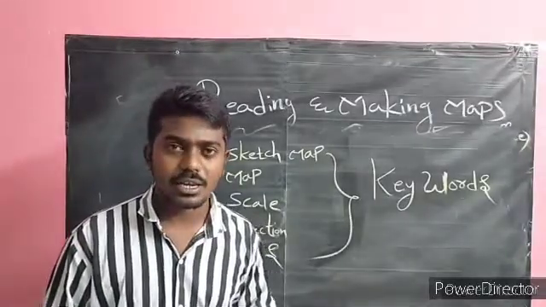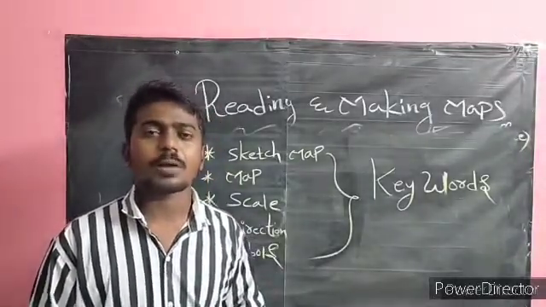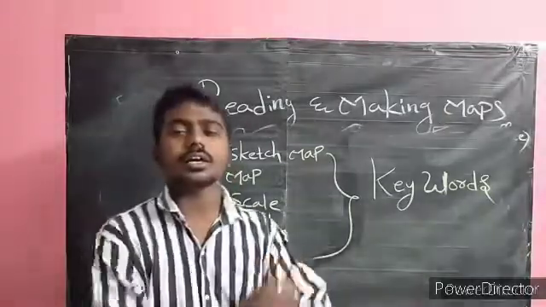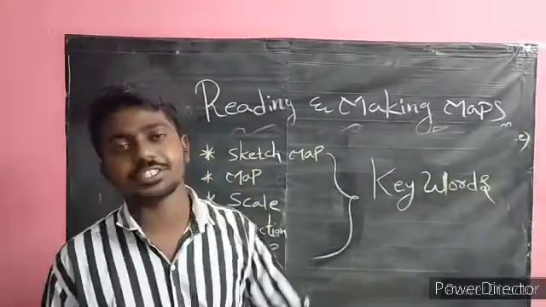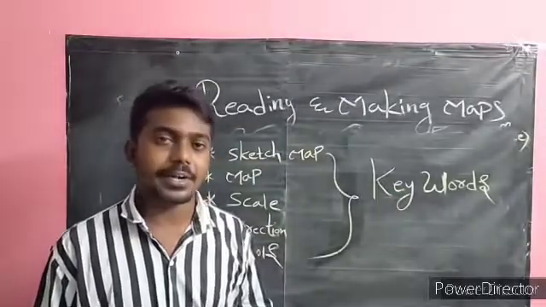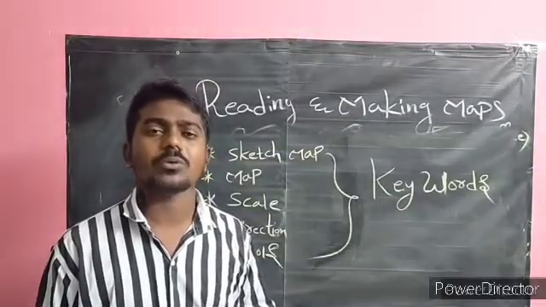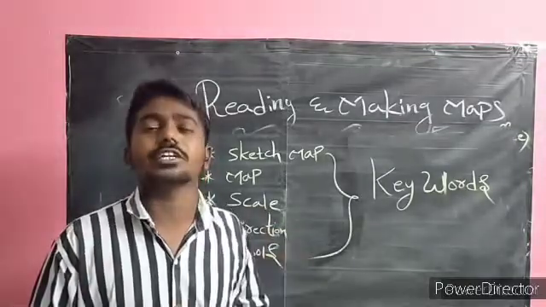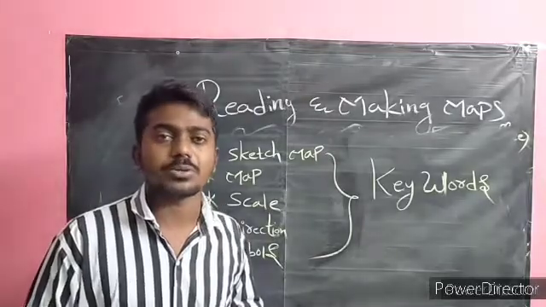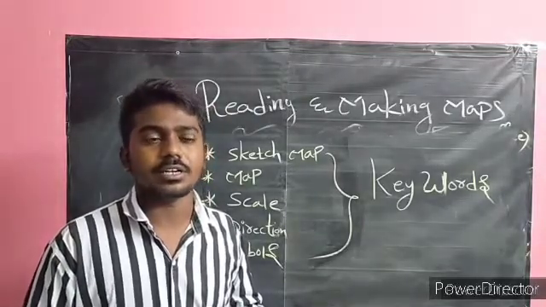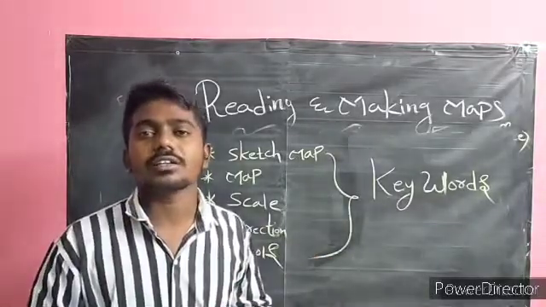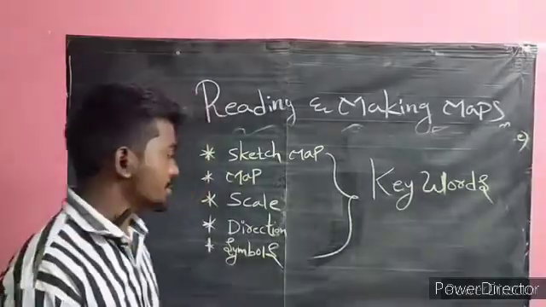I told about the scale. What is the use of scale? I give you the example. After Laila came towards Malika's house, in the evening they went to the river stream. They saw the bridge of 6 lampposts. The distance between 2 lampposts is 100 meters. Then Laila eagerly did the sketch map. Laila used 1 centimeter equal to 100 meters. Then the 6 lampposts in the sketch map showed only in 5 centimeters. Okay, I told about this one.